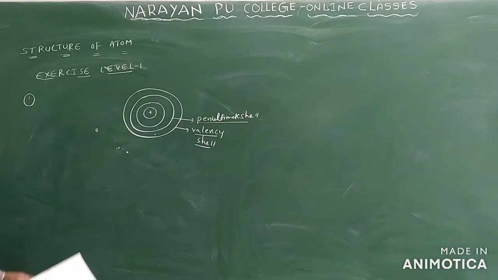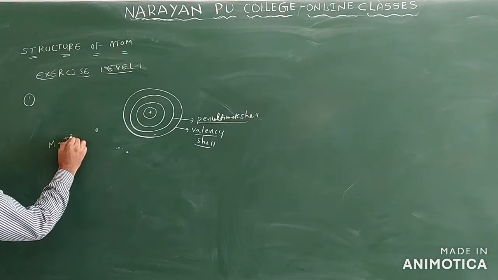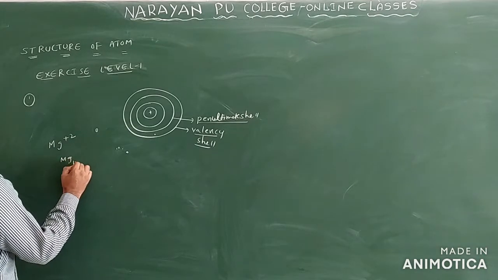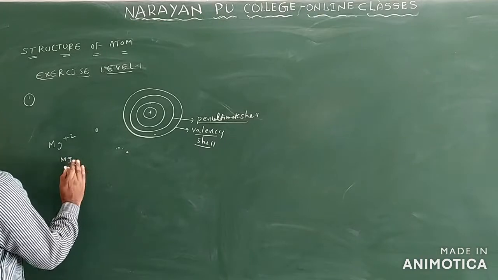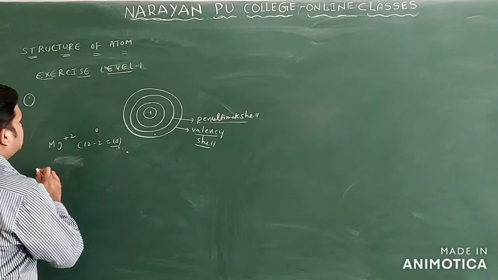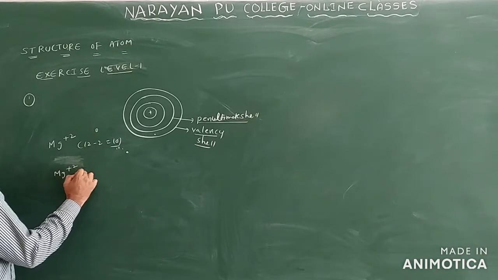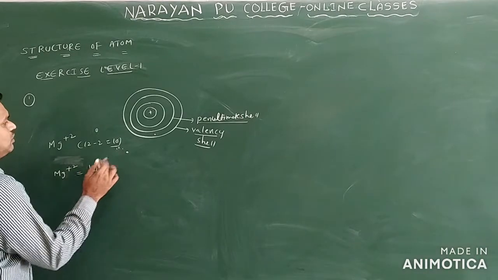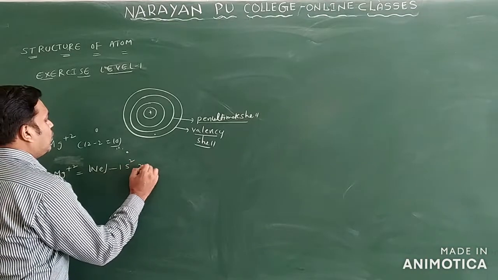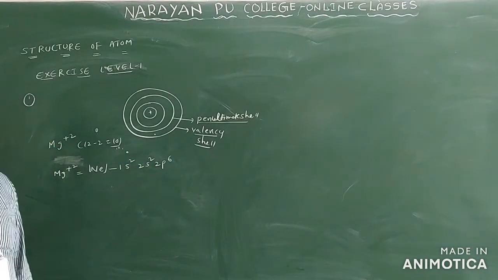If we consider these two shells, the two shells having the same number of electrons, that is the answer for this question only. Let us see the first option we have. The first option is given as Mg plus 2 only. You know Mg, magnesium, has atomic number 12. So here plus 2 is there. So what do you write here? This is 12 minus 2, that is equal to 10 electrons only. So 10 means what configuration are you getting here? Mg plus 2 configuration is equal to neon only. Why here? Neon atomic number 10 only. What is the configuration of neon? We have 1s2, 2s2 and 2p6 only.